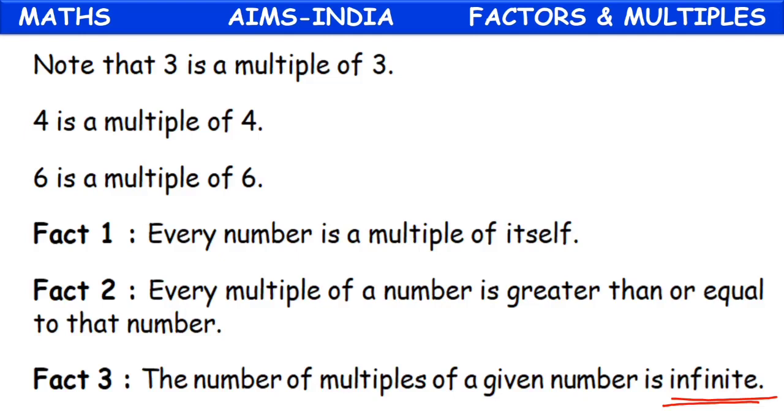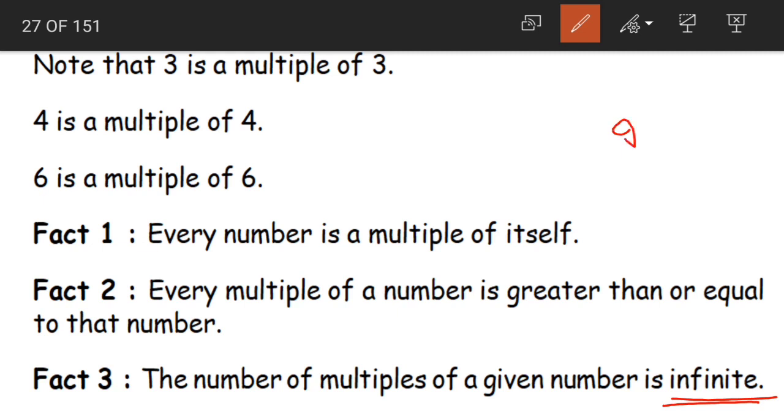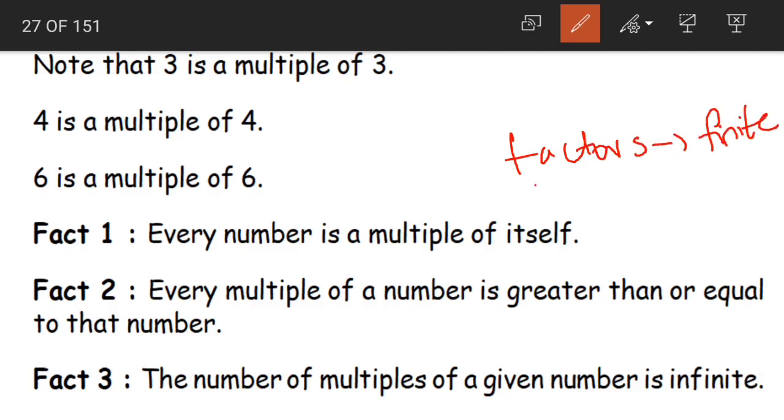But if I ask you to count the number of eyes you have, you will say, I have 2 eyes. You are able to count the number of eyes you have. So, it is called a finite number. The number of eyes we have is finite, but the number of hair we have is infinite. In the same way, in the previous class, we learnt about factors, that the number of factors for a given number is finite. We can count the number of factors, children. See, F for factors, F for finite. You can remember it like this.